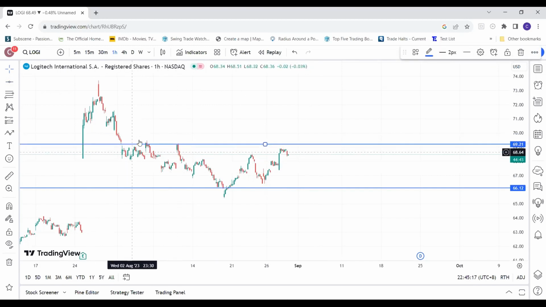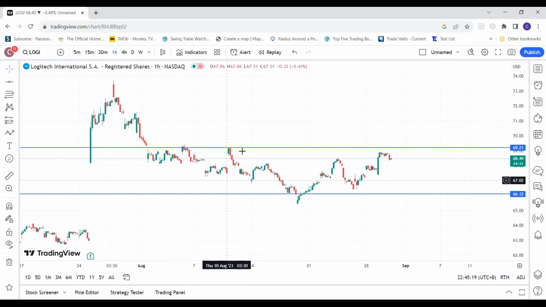So if we zoom into this area, there's a lot of rejection here, right? So this could be a potential resistance. So even if, let's say, we were to long here, right, you don't know, you might get trapped here. So it will start to range and come back down again. So at where it's sitting now,